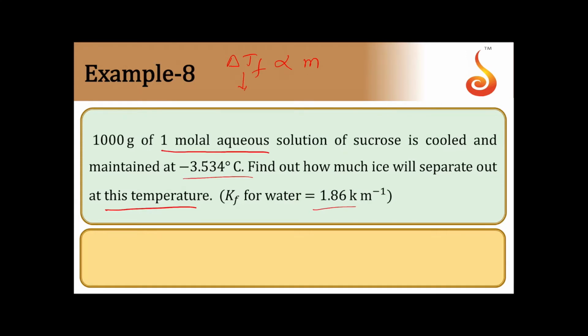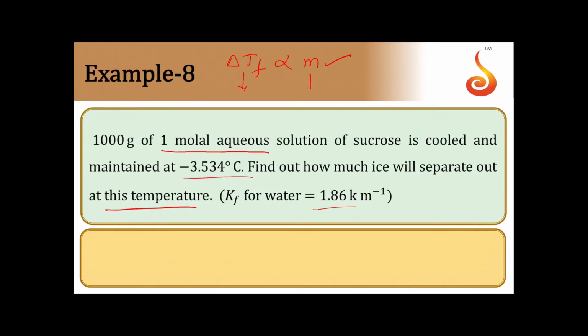Means to lower the temperature, we need to maintain higher concentration there now. Because freezing point lowering is proportional to molality. So to have much lower temperature, we have to maintain higher concentration. To maintain higher concentration, there are two different ways. One way is solute dissolved must be more. The second way is mass of solvent should be less.